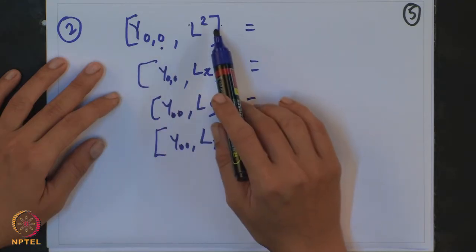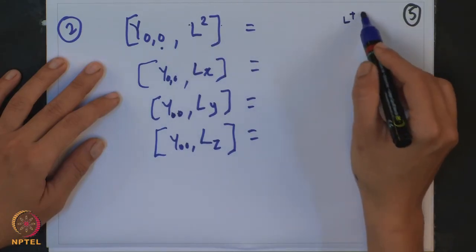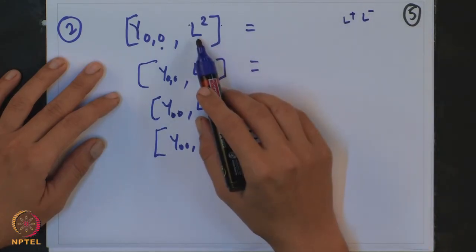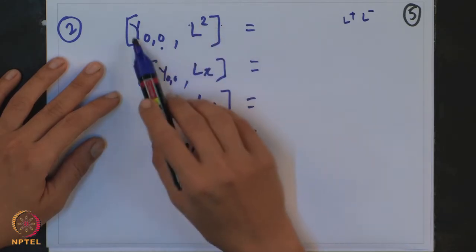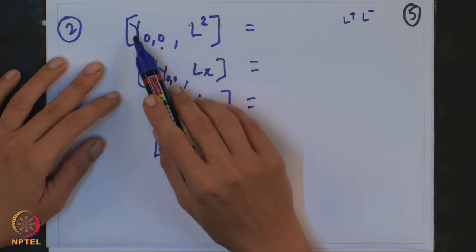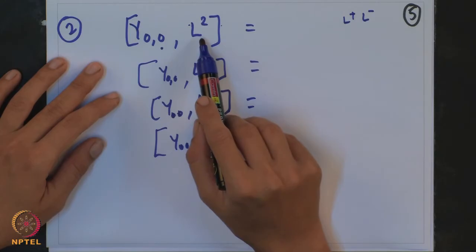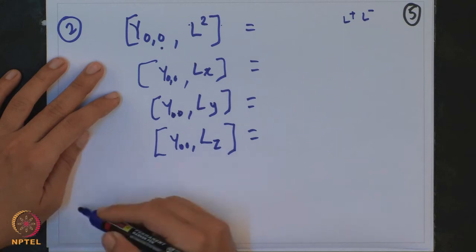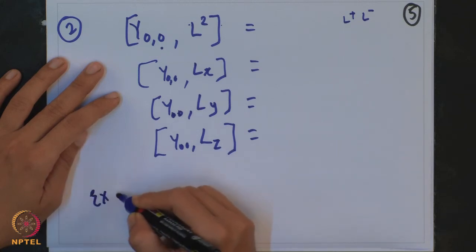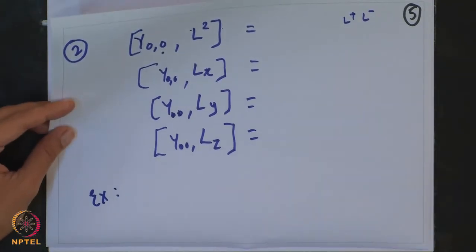You can either use the ladder operator and write it in terms of the ladder operator if you wish, or you can simply write the spherical harmonics and L square in polar coordinates and try to see what you get. So this is an exercise for you, you can try. Then going to the third problem,